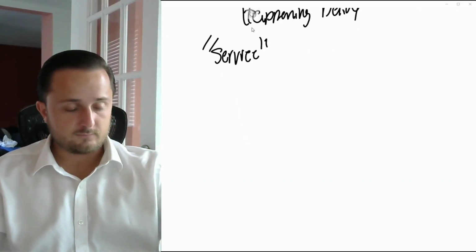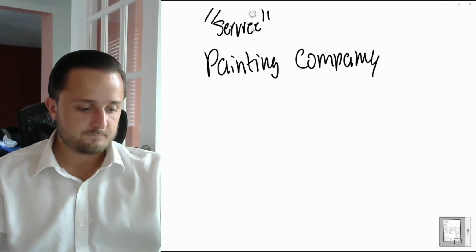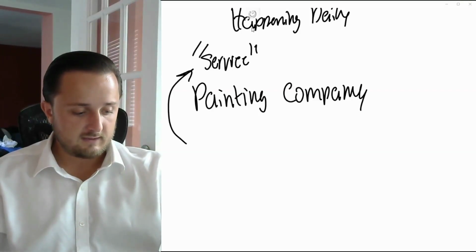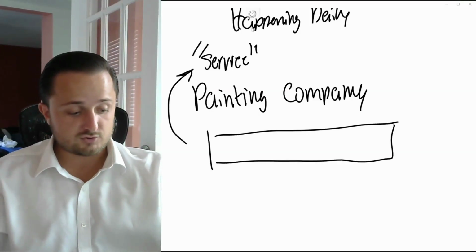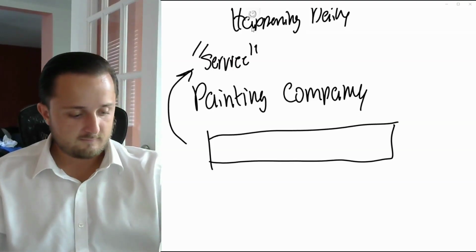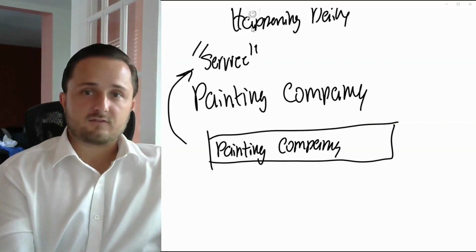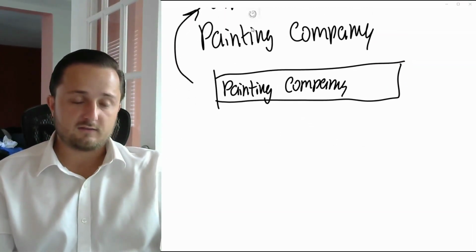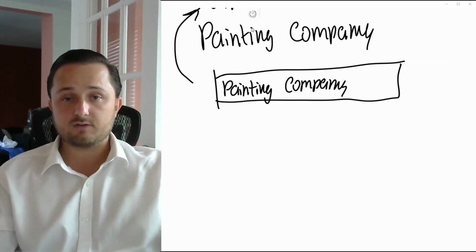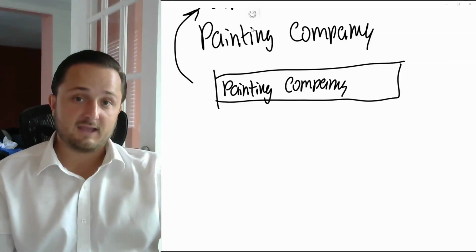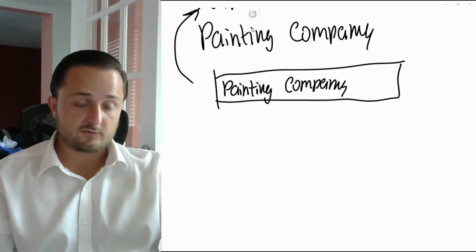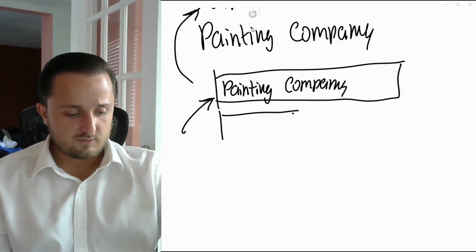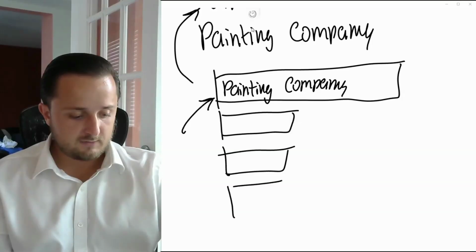So, as an example, let's say you're a painting company, right? People are searching your service. Let's say to make it even simpler, they are literally just typing "painting company" into Google. So they have something that needs to be painted, whether it is a wall, the side of their house, a commercial building, what have you, right? They need something painted and they don't want to do it themselves. So they search in Google, a search engine, for painting company.